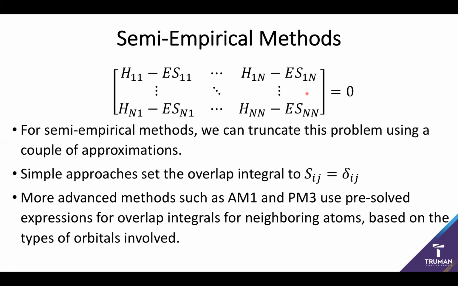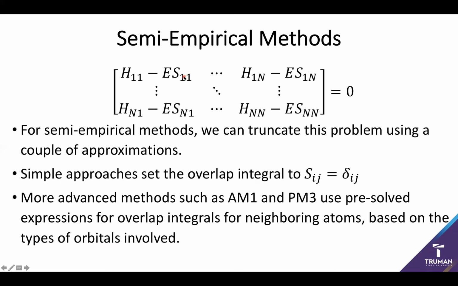Unfortunately, this gives us fairly poor results, as we've seen previously. So if you want anything more than a qualitative description, you're going to probably want to use a semi-empirical method such as AM1 or PM3. What they do is they tend to try and use a lot of pre-solved expressions for these overlap integrals. They first of all look at which types of orbitals are involved, S, P, or D, and then simply use the distance in between the two atoms to quickly try and figure out what the